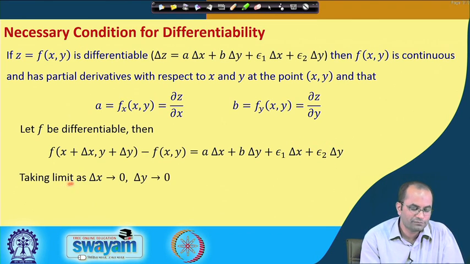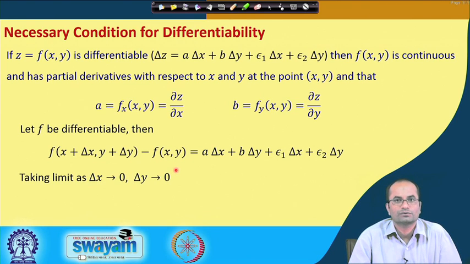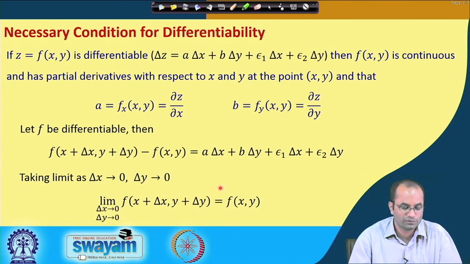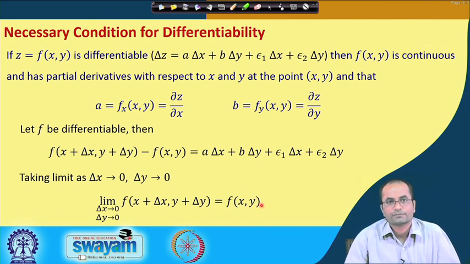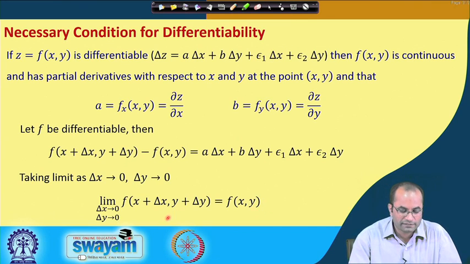So, we will have simply, when we take the limit delta x goes to 0 and delta y goes to 0, that the limit of f(x plus delta x, y plus delta y) is equal to f(x, y),